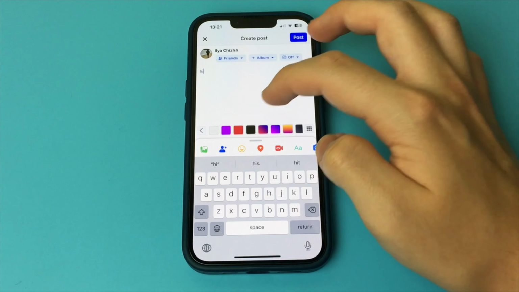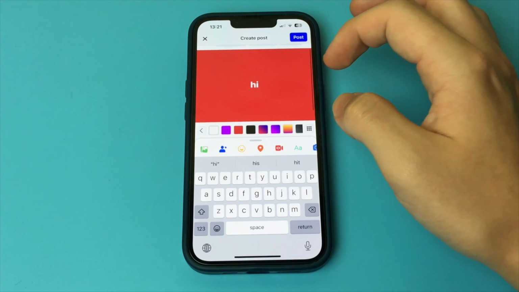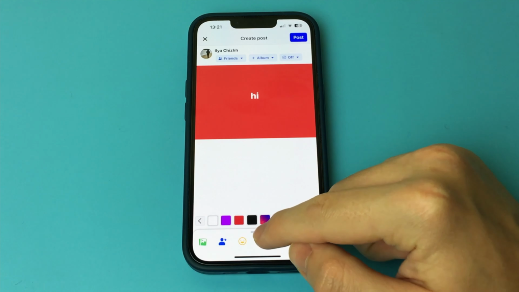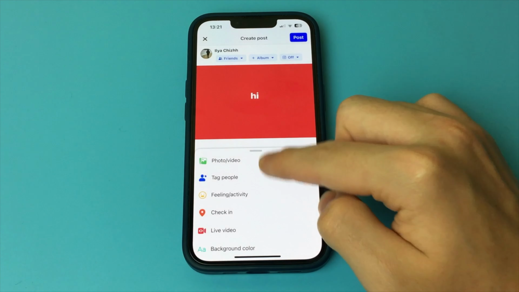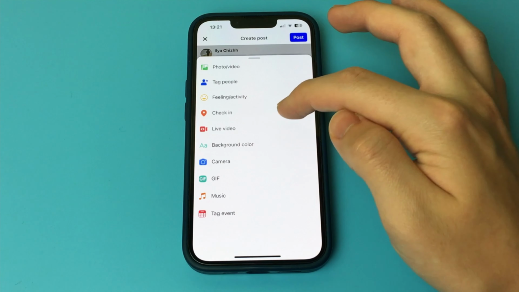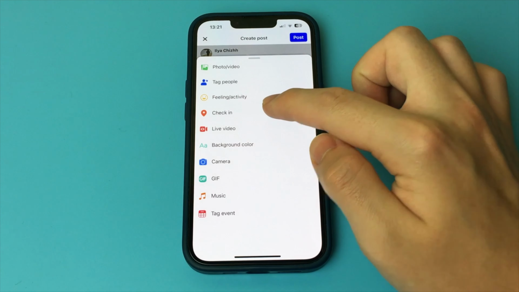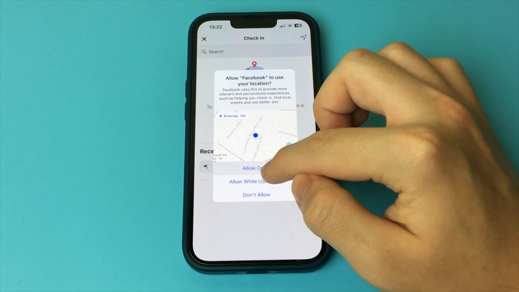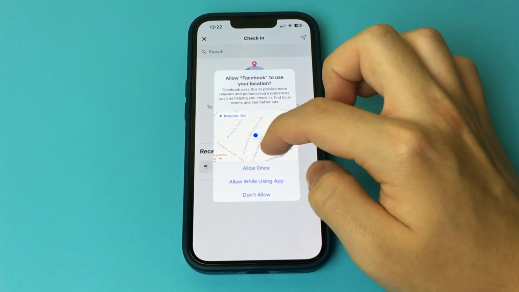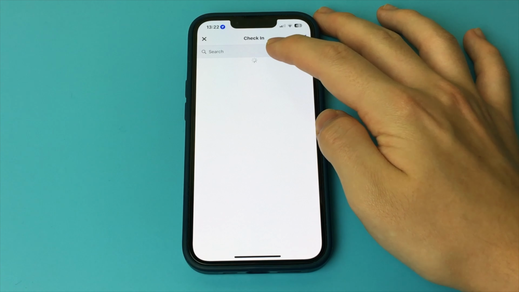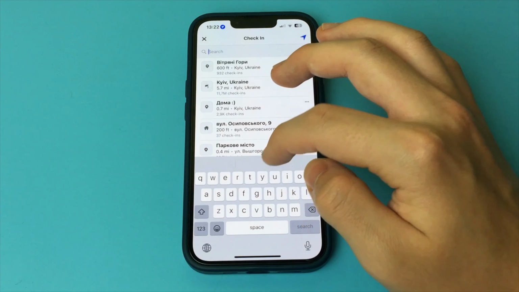It's very simple. You want to go to Facebook, go to your account, click here, add to story, or you can go a little bit lower, click you post, write any information here, add a picture. Now we have to click on the button, location, and here you click on the button Check in. Now you can allow to specify your location. Now click on search and choose any place. For example, I will choose this, specify this location, and click on the button.